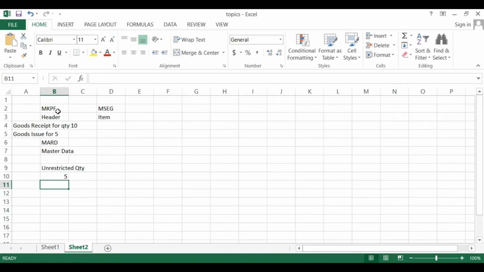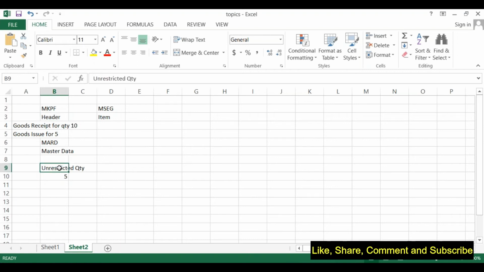So what is happening? Every time you do any material movement transaction, it is not only affecting these two tables, it is also affecting this MARD table. This is just one example. There are tens of tables which are called aggregate tables in SAP. From the materials management point of view itself, there are more than 8 to 10 tables. From financial, there are more tables. So there are a lot of tables which are holding the totals.